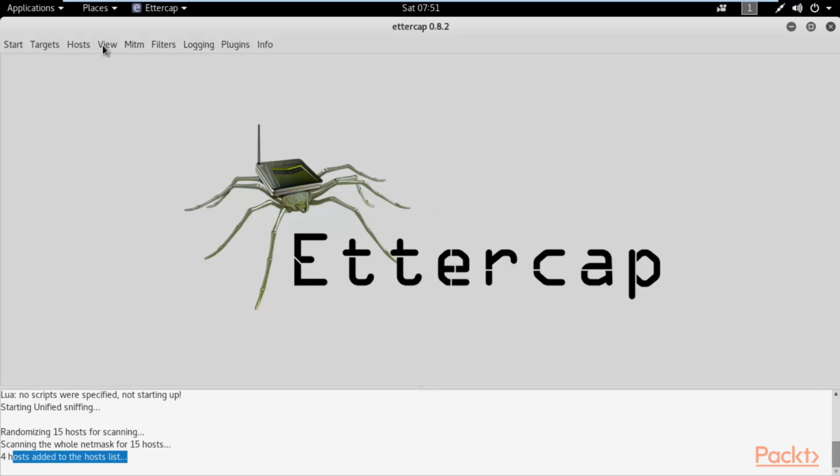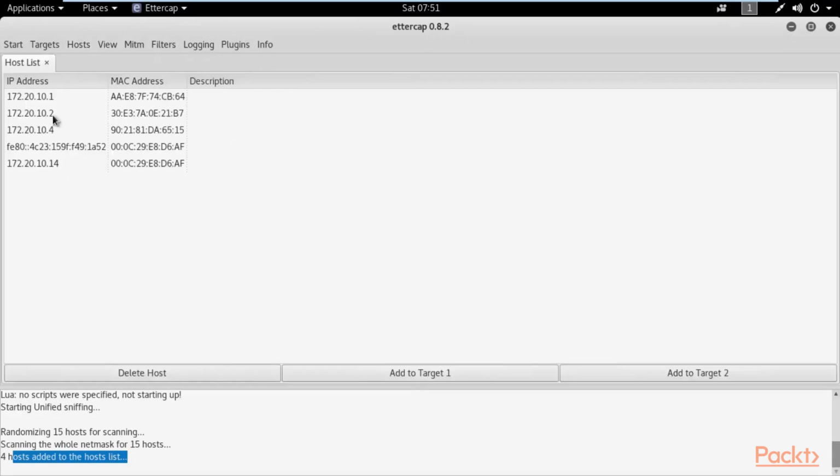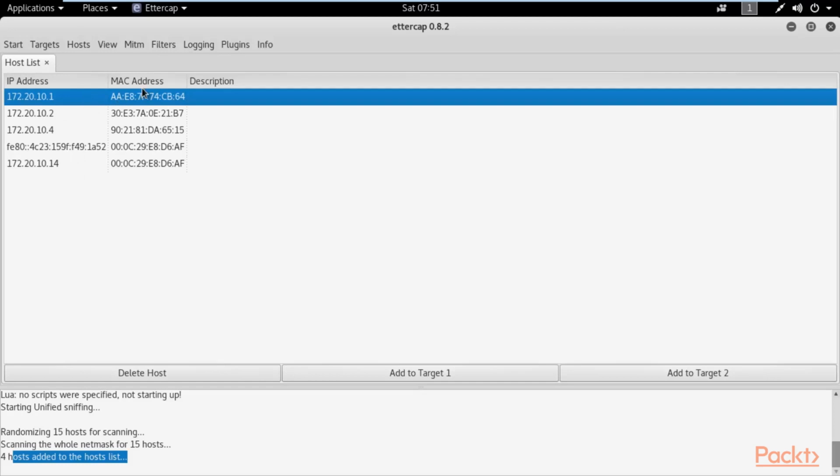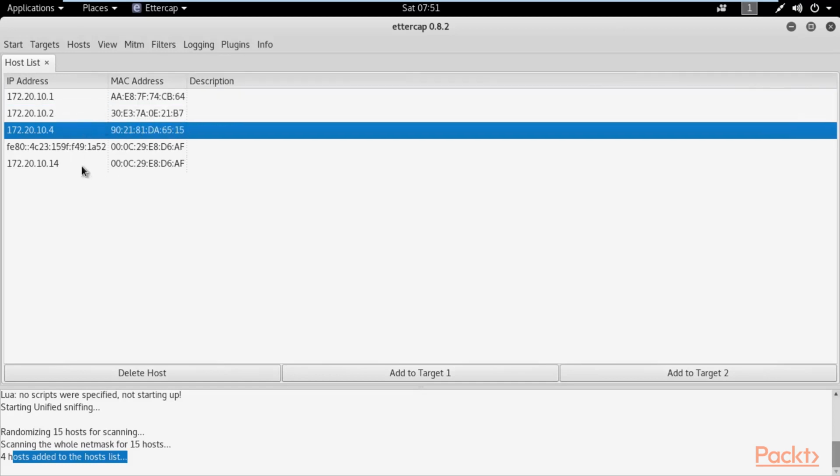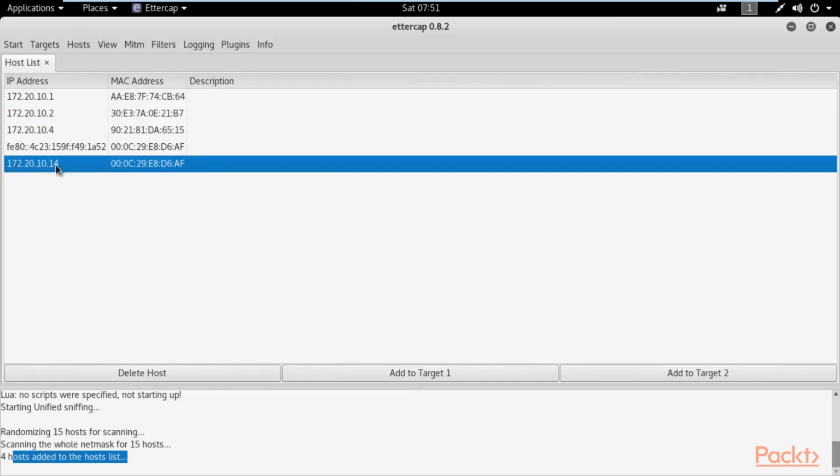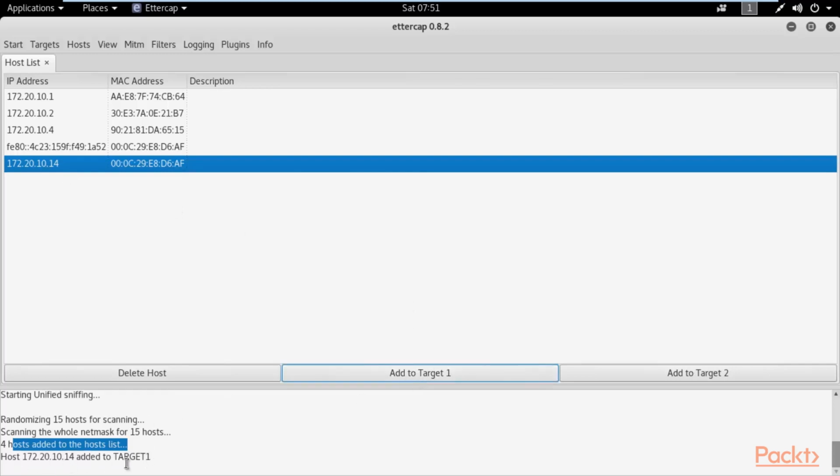So let me check the IP addresses. Click on hosts, select host list, and here are the IP addresses. This will be your gateway, right? And these are other machines, and this is the IP address of the Windows operating system, right? So first of all, select the victim machine IP address, click on add to target 1. Added to target 1.